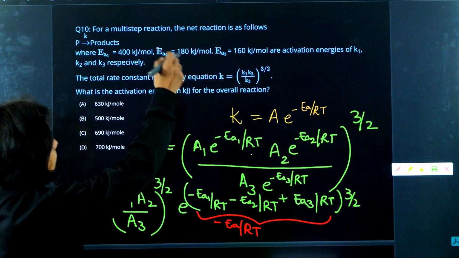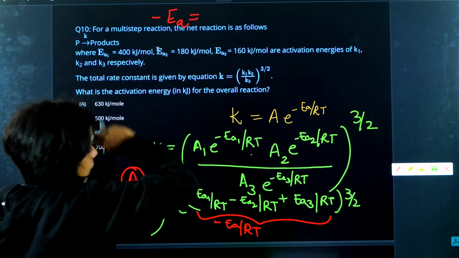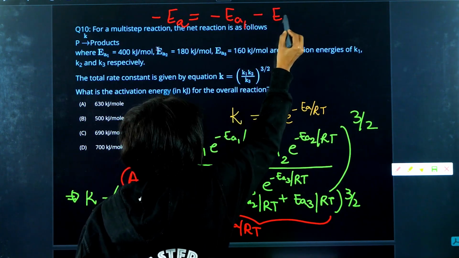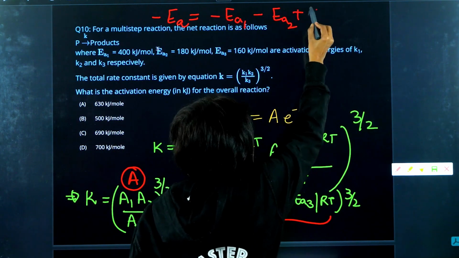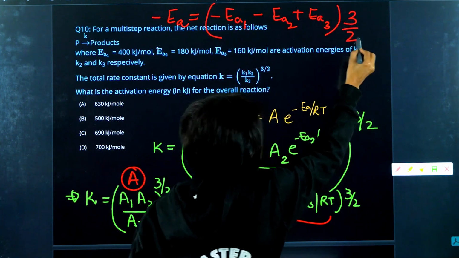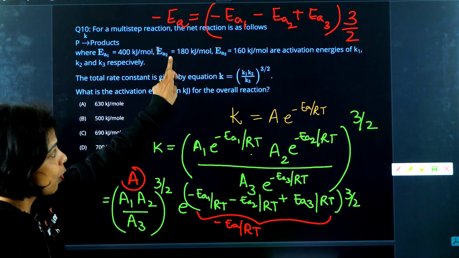So let me write here. Minus EA, this is the overall, that is equal to minus EA1 minus EA2 plus EA3. Put these values, because you know EA1, EA2, EA3, putting all these values 400, 180, 160,